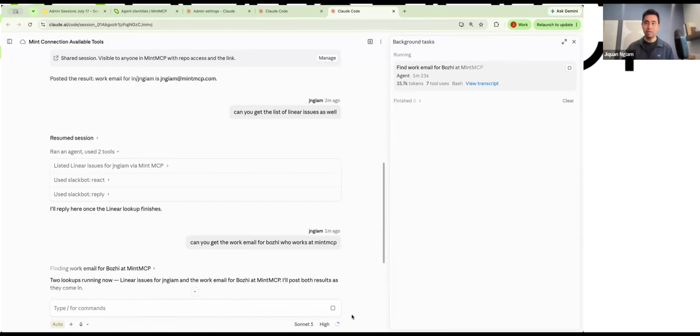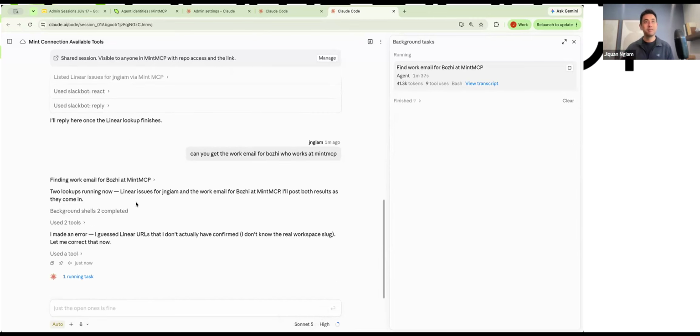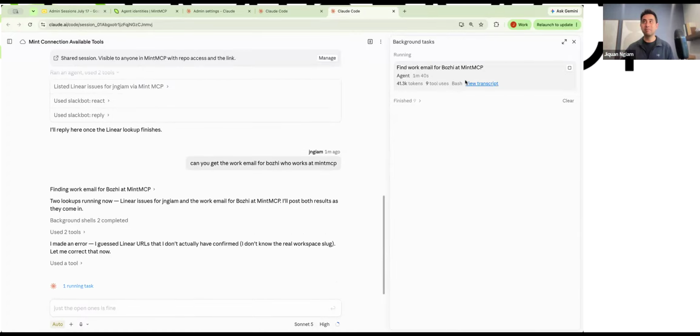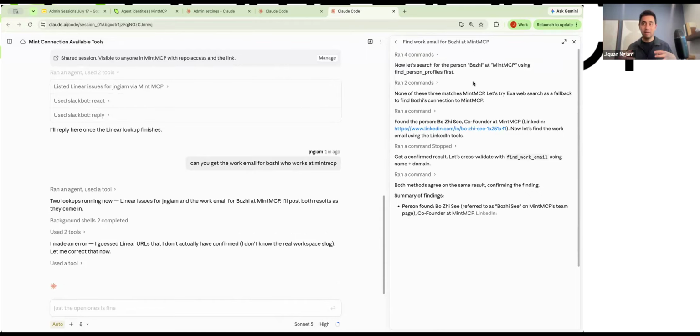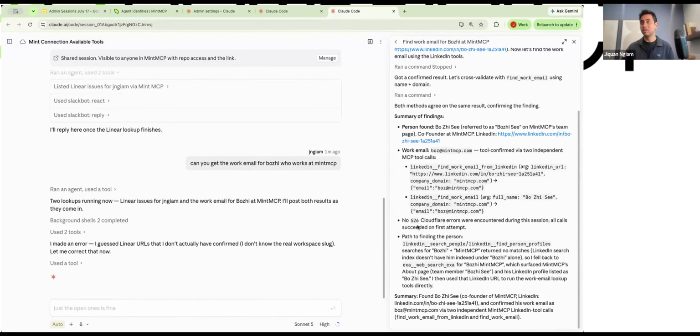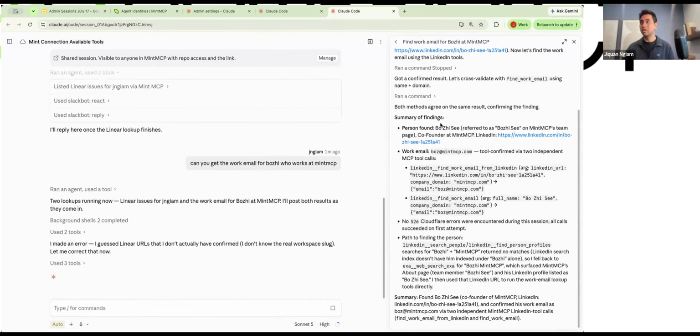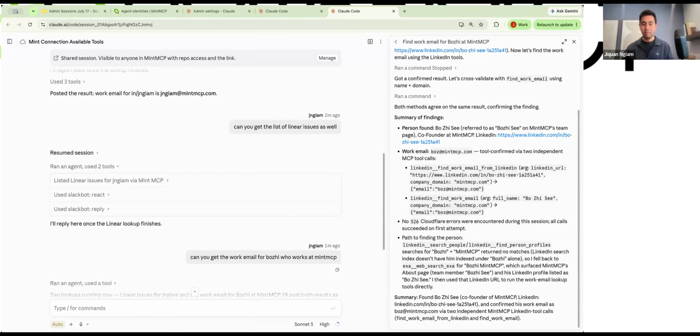Internally, we no longer run Claude Tag experiments on anything above Sonnet. Anything on Opus just blows through credits like no tomorrow. So everything we do here is on very small models just to make sure it works. There we go. So this is running, and because of how Claude Tag is set up to use direct APIs, it actually has to try a lot harder because the MCP tooling around this is not in there directly yet. This is actually going through and finding Bo's email right now, and on the flip side, you see it work too. Yep, cool.